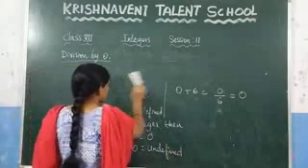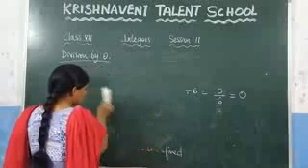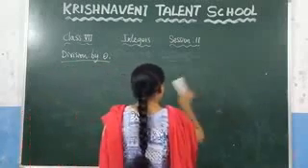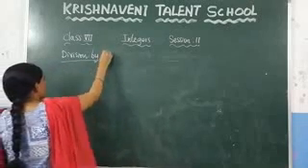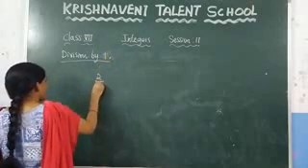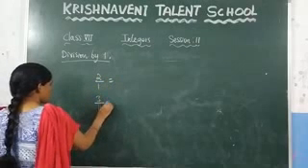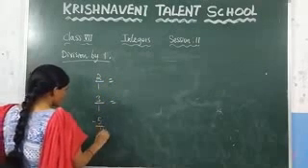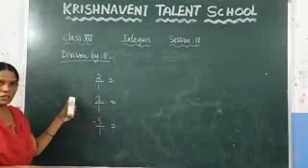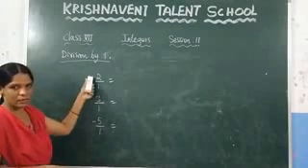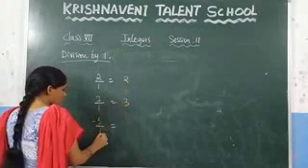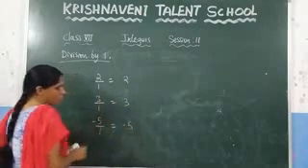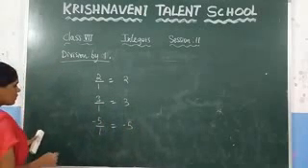Now see the last one, division by 1. This one is very easy, you already know. Division by 1. What is the value of 2 by 1? What is the value of 3 by 1? What is the value of minus 5 by 1? You know that all these values will give the same number as the answer: 2 by 1 is 2, 3 by 1 is 3, minus 5 by 1 is minus 5. This is about division by 1.